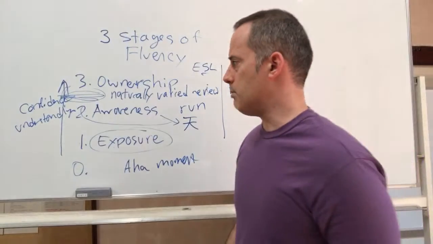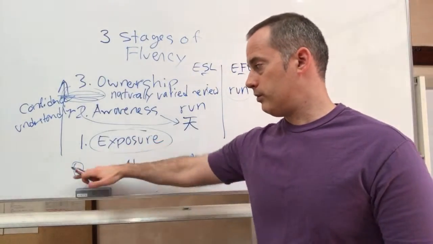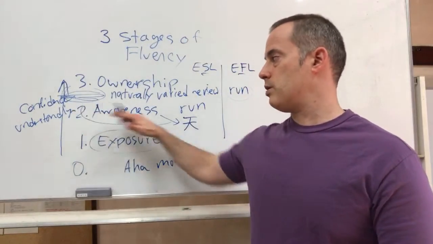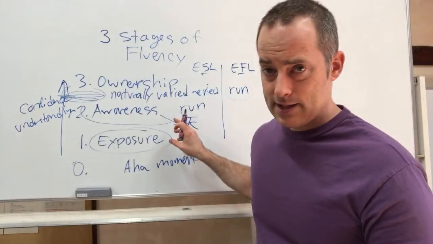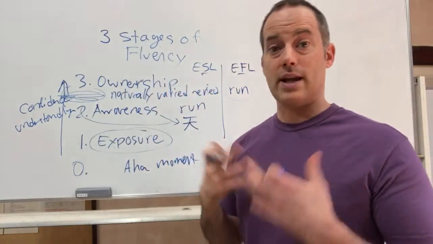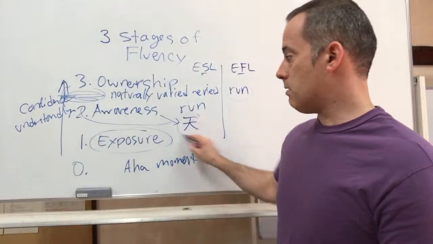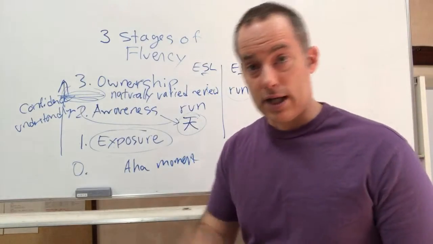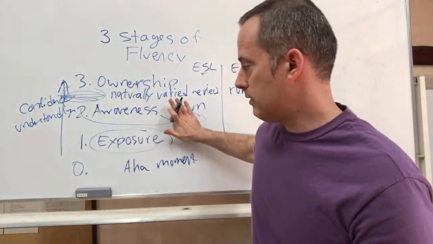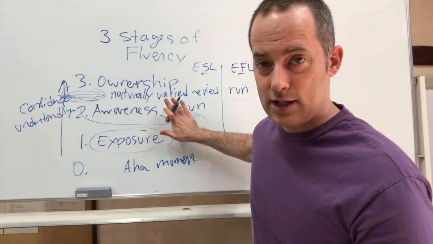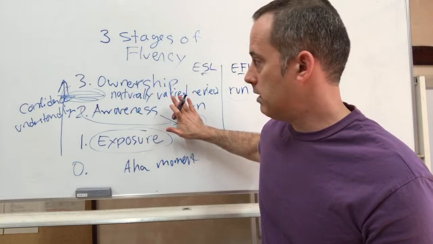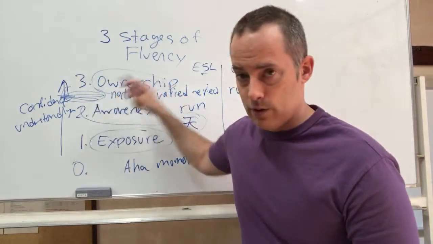So we're about 15 minutes in. Again, we go from 0 to 1, exposure. 1 to 2 is awareness, where we can recognize things. It's not like we just heard something. We can actually recognize that, like, oh yeah, I know that. But can you write it? So if I cover it up and I say, hey, can you write that kanji again? You would probably not be able to do that. So you're not at the level of ownership yet.